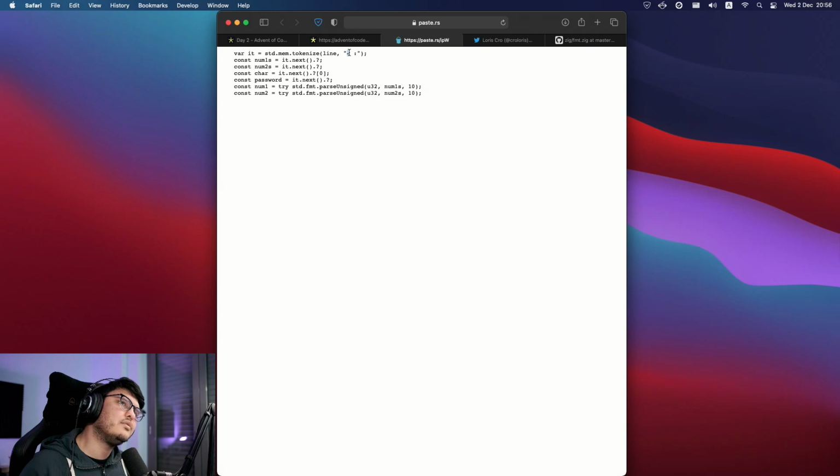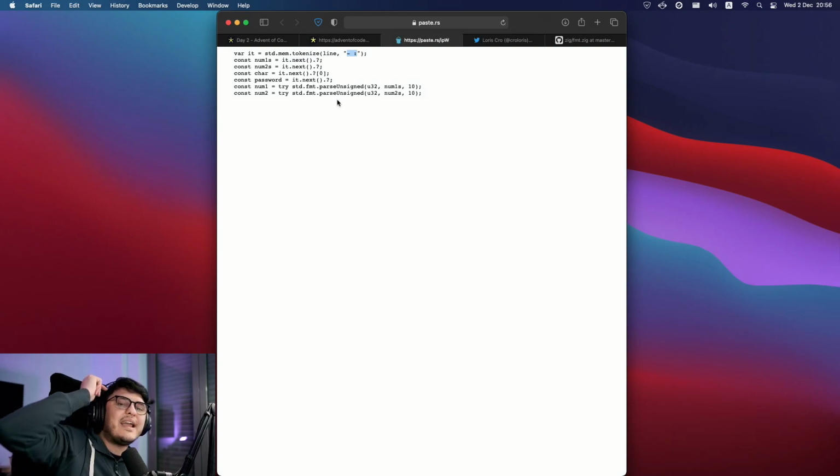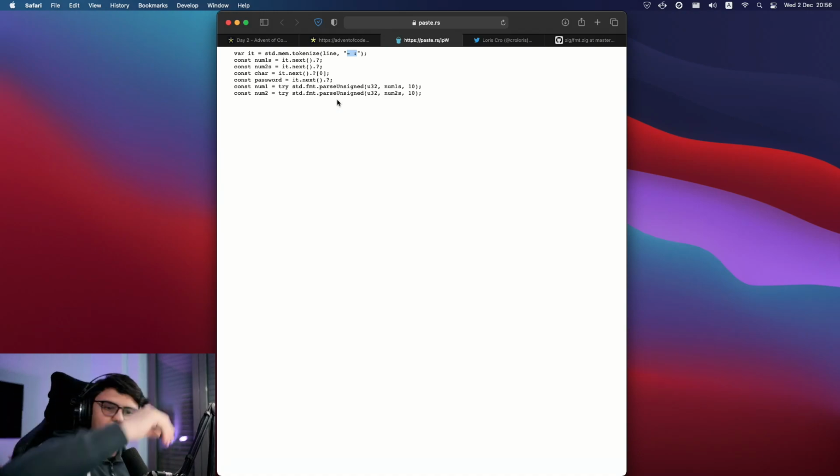Wait a second. Num1 next. Oh, because tokenize doesn't have to encounter all of them. Right. So my assumption was, and I didn't think about it, that if I pass multiple things to tokenize, it would have to find all of them to trigger.